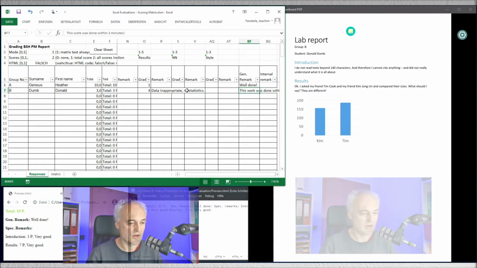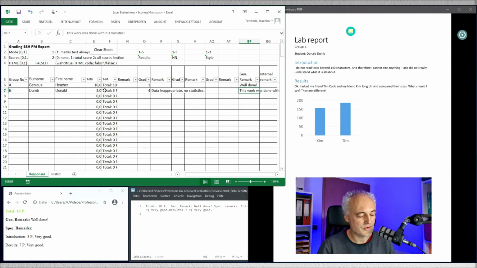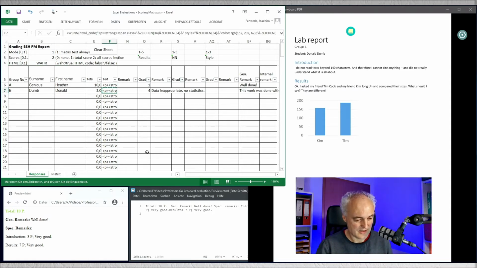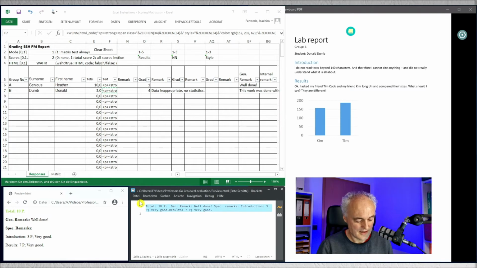Okay, the same here. So I can, of course, generate a full text or HTML text. HTML text is a bit better for the presentation. So I go to true, wahr in German. This is just simply the German version. Just copying, paste, and